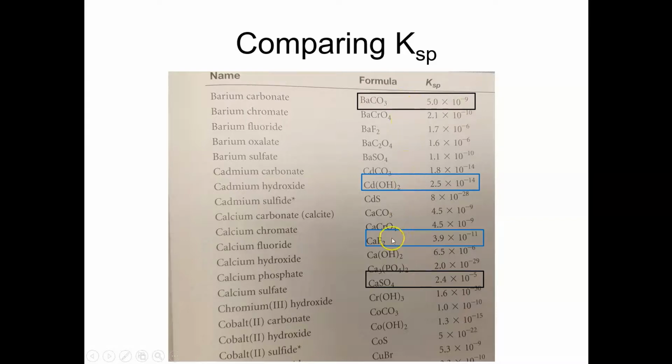barium carbonate. Because what you would actually find, I'm not going to do the calculation here, is that for calcium fluoride, although it has a smaller Ksp than barium carbonate, its molar solubility is actually higher. But because this has 3 ions in its formula and this one only has 2, that makes the Ksp value smaller. If this is confusing to you, you're always welcome to ask me about it, and we can probably spend some time talking about it